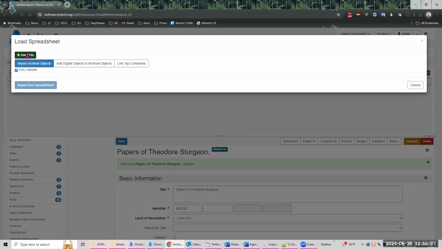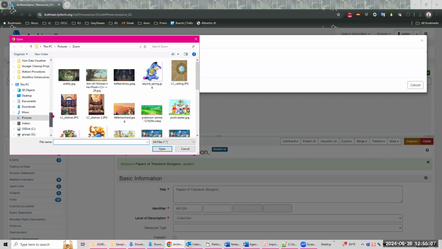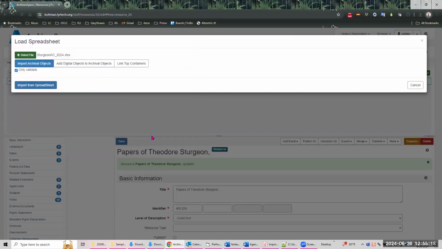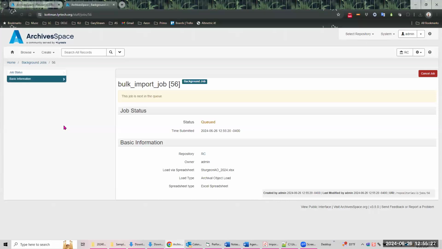So here you can't drag and drop, which is very sad. You have to click on the plus sign. So we'll go up here to the sample imports and that one and open it. And I go import from spreadsheet and